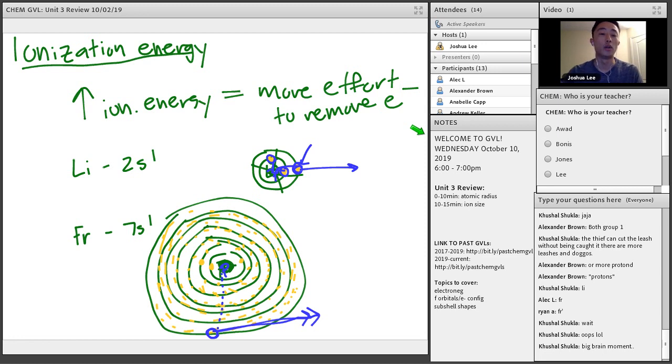So as you go down the group, the ionization energy decreases, meaning it's easier to remove an electron as you go down a group. But to keep with the same thing we like to do, as you go up a group, ionization energy increases. So now let's talk about